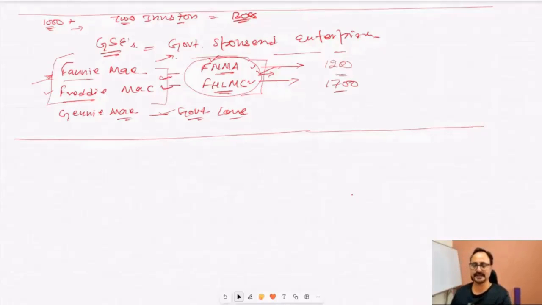If I'm going to underwrite files according to Fannie and Freddie and I have to go through these 1200 pages each time, this file will not get reviewed or approved for 1 year, right? Neither can I remember all these 1200 or 1700 pages to underwrite a loan. Very tough task. So what they did,